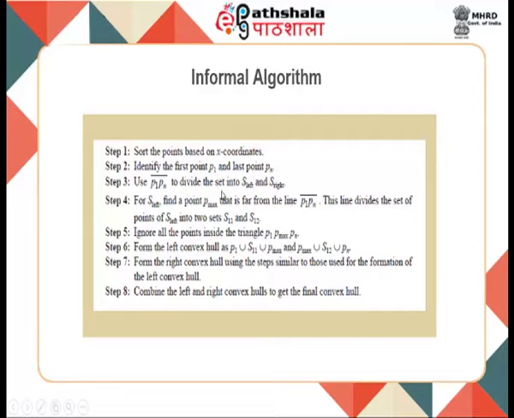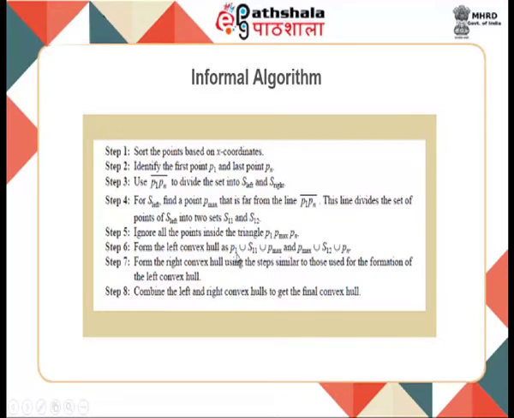So, as I said earlier, we are constructing a line segment between P1 and Pn, so that the set S is divided into two subsets, S left and S right. For S left, what we are trying to do is find P max. Once this P max is obtained, we form the triangle. Ignore all the points inside the triangle P1, P max, Pn, and